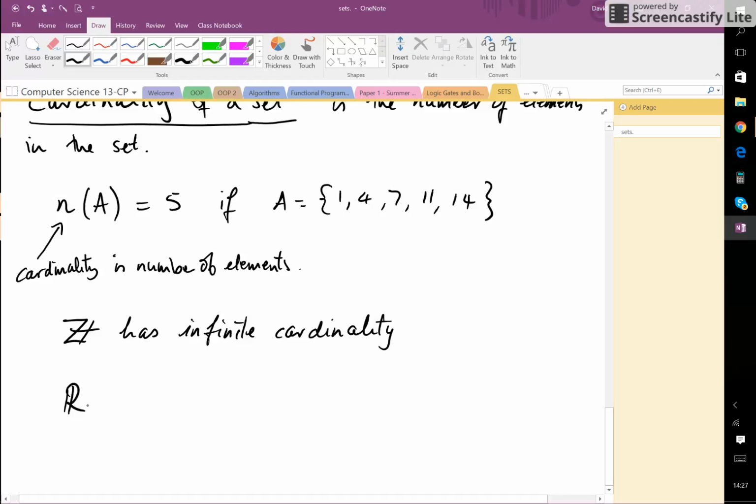And the reals has infinite cardinality. However, they are different, and they have different sizes. The set of integers, from minus infinity to infinity, is actually infinitely smaller than the set of real numbers. Alright, so we have this idea of